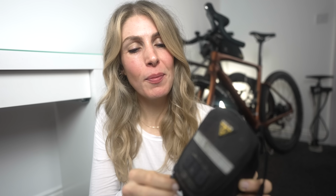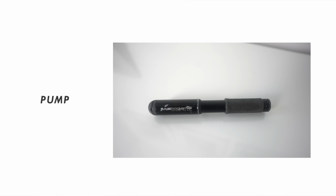So it's all in this little Topeak bag, this little saddle bag, and I like this one because the pump actually fits in this bag as well. So let's have a look what's in here. So the first thing is the pump. I really like this pump. It is a Topeak Race Rocket, and the reason that I like it is because